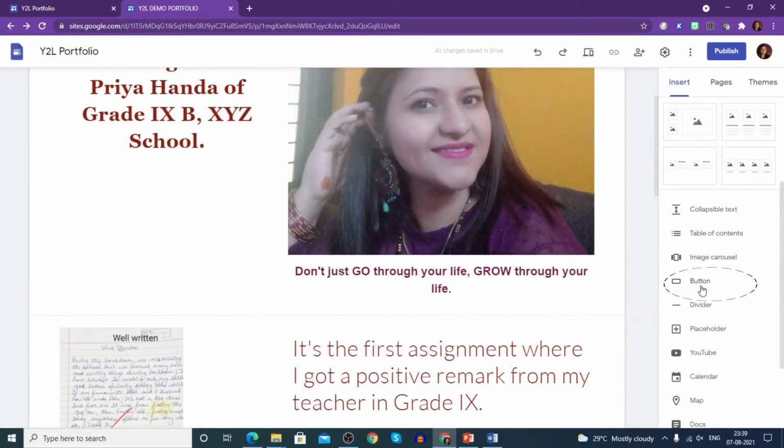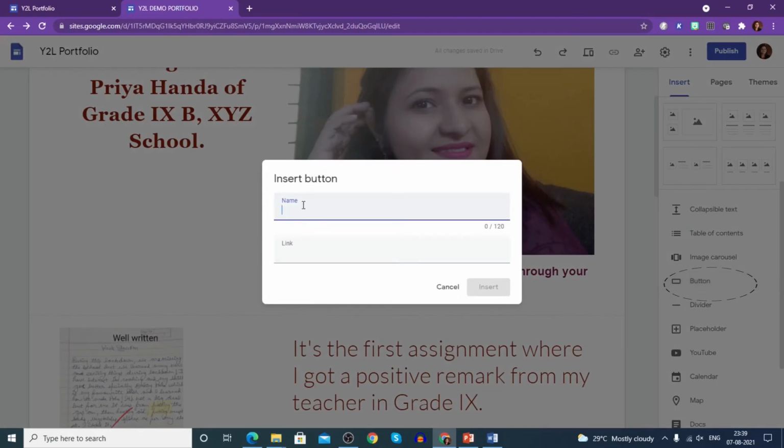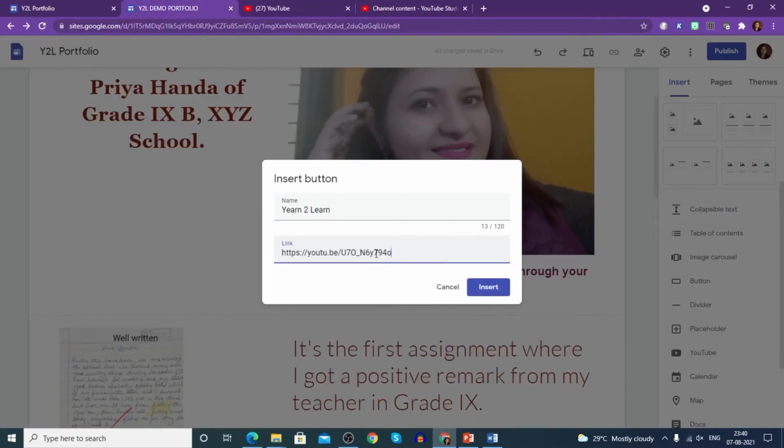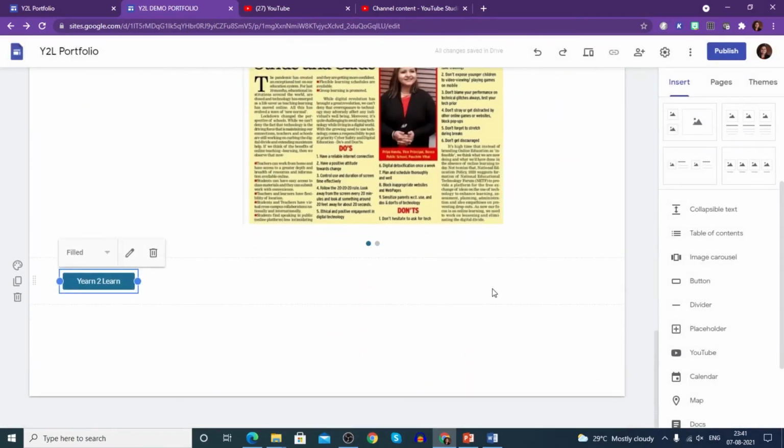So further, button is there. If you want to put any button, it can come. I'm writing "Yearn to learn" here, and if you want to give any link here, you can give the link of that particular thing. Now this button, it's your choice. You can give a contact button and put your other link here, or say I am putting a link of my video. So I am using one link of a video here. This is a video on how to reduce screen time while school is online. So I have put this link here and then insert, right?